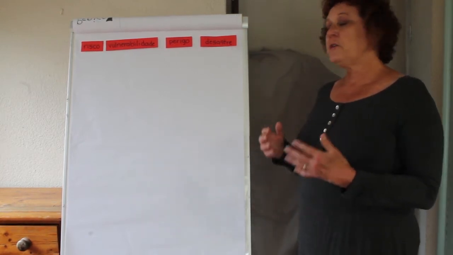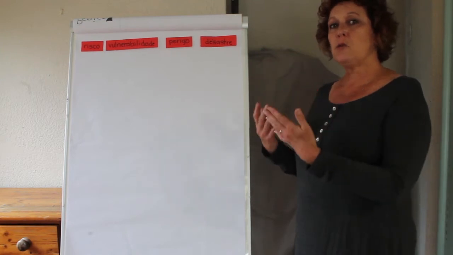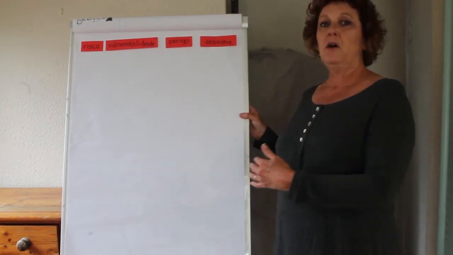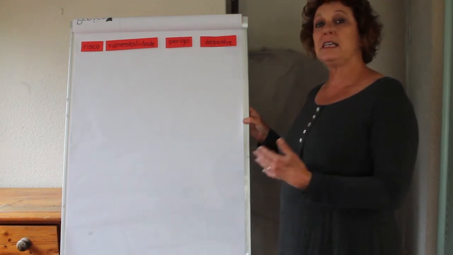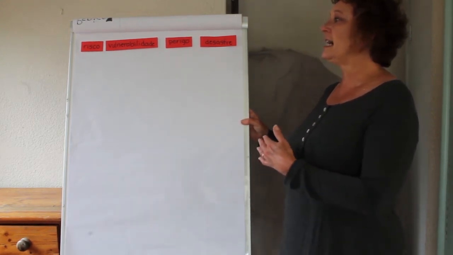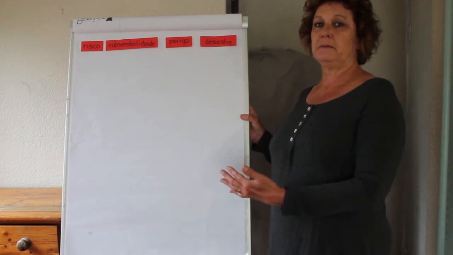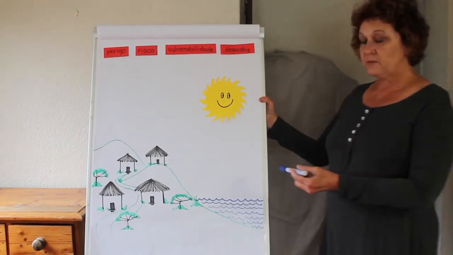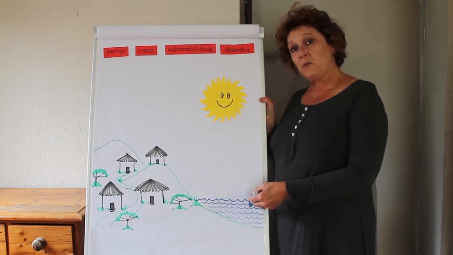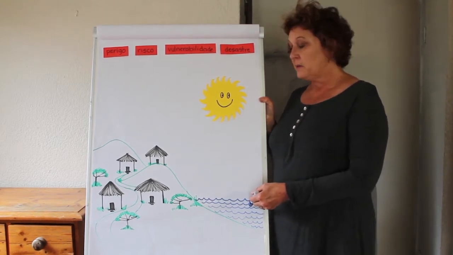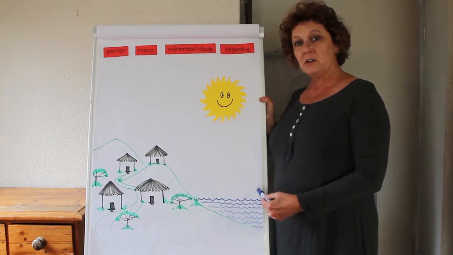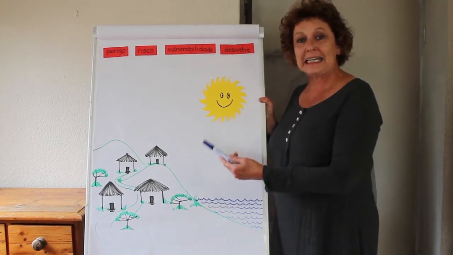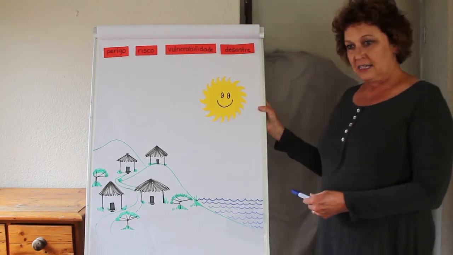And so we use a very simple method in which we draw, visually create a storyline on this paper, which helps members of community, even those who are illiterate, to understand what we're trying to explain. So here we have a picture of a simple village along the banks of a river. Now normally the river would be considered a resource because the people from the village use it for watering their crops which grow by the river and for cooking, cleaning and other household uses.